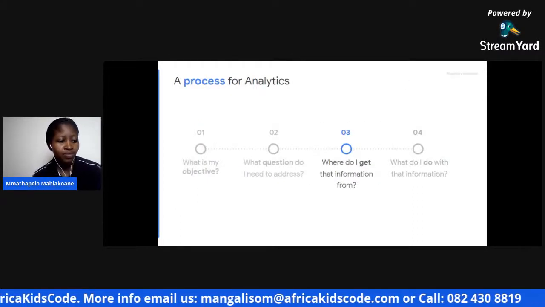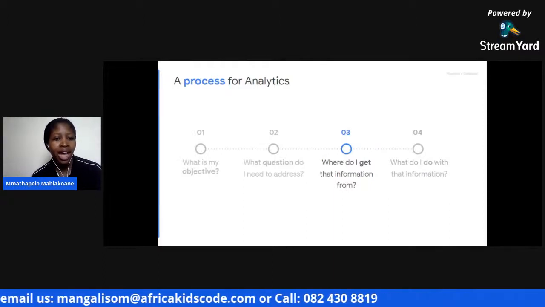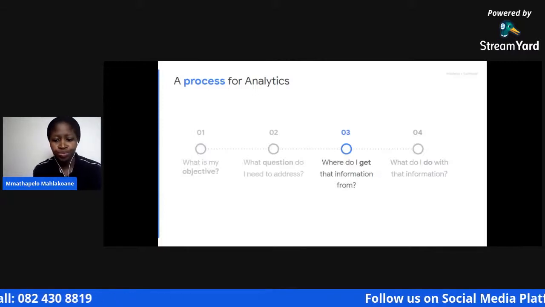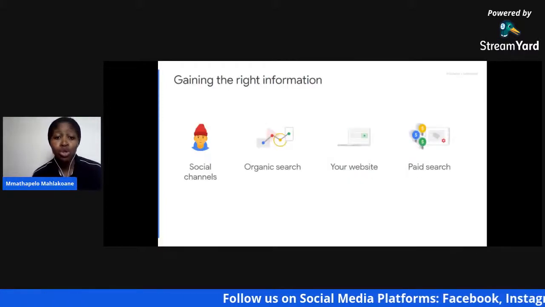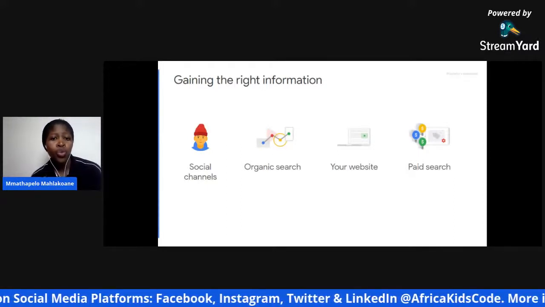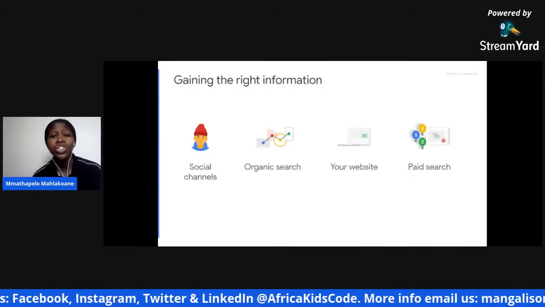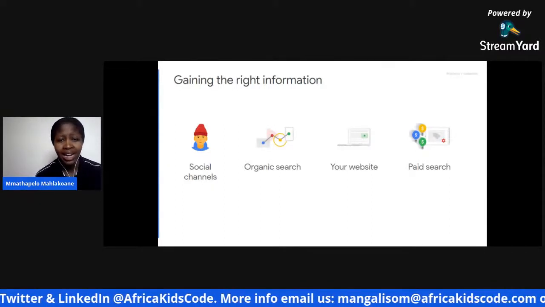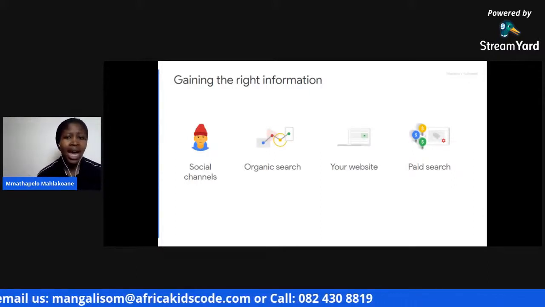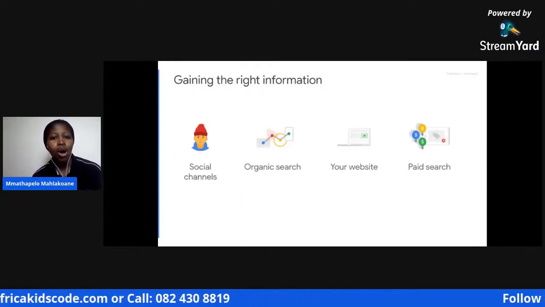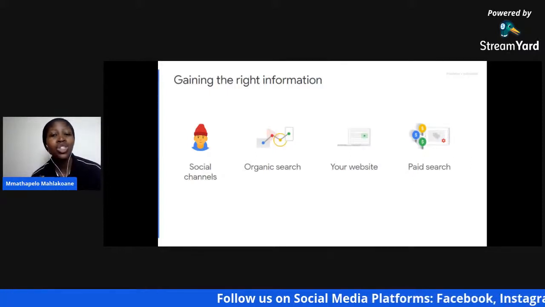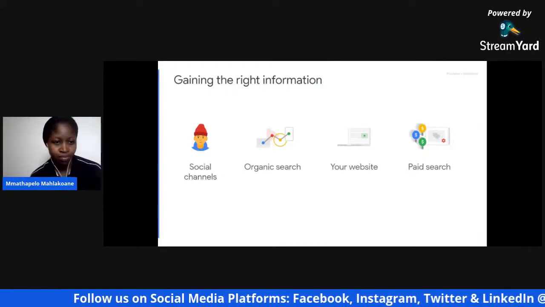Moving to the third one, where do I get that kind of information? So where do you get that kind of information from? You get it from their social channels, like who views, who follows, who shares your post online. Using those socials, your Facebook, Twitter, Instagram, and all others, probably even LinkedIn, those socials have strong reporting features.